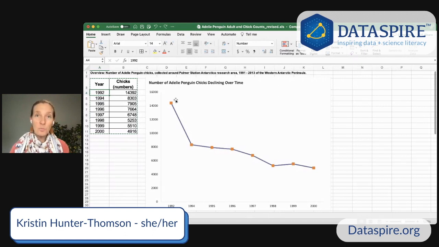But there's a problem, right? There is a difference in time between 1994 and 1995 and 1992 and 1994. But on this representation, when we select line chart, line graph, what is it that it actually shows us? Just line. Excel calls it a line. It reads it in equal spacings, meaning it reads each of these years as basically a category,